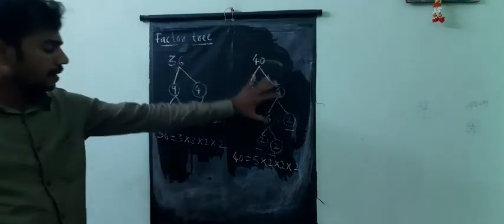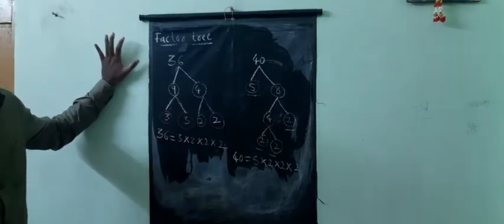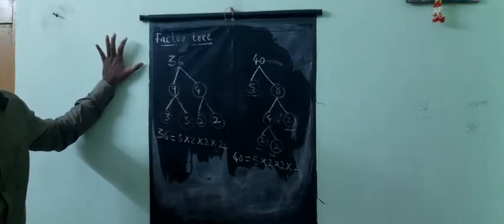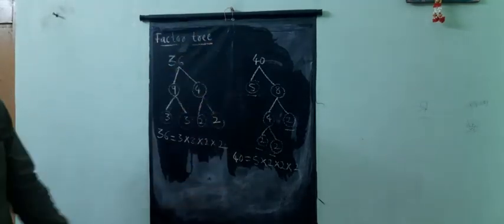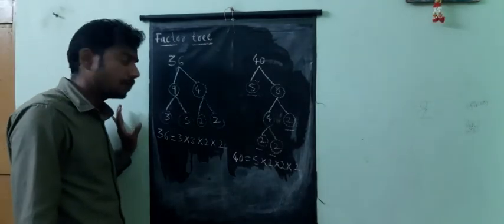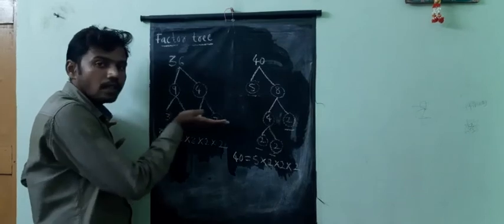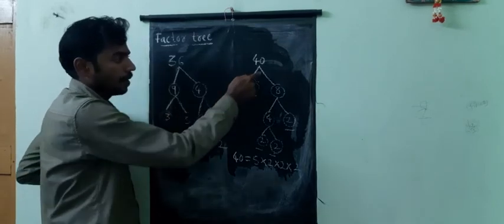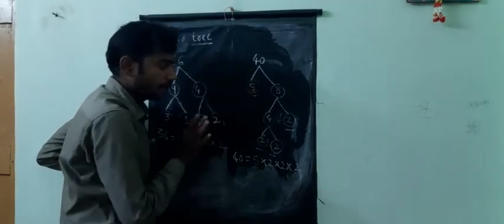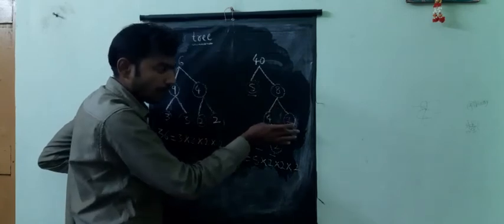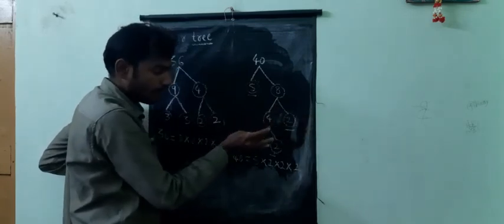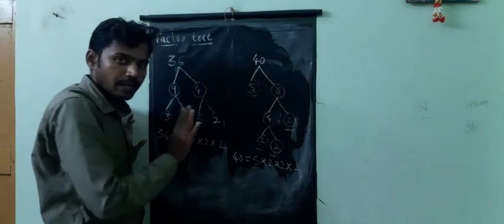So writing the factors in this fashion is nothing but a factor tree. Okay, please note this down. And where do we need to stop? At the bottom, what do we need to get? We need to get all prime numbers. See, I got the prime numbers, I stopped here. Next, here I got the prime number, I stopped here. Next, 4 can be written as 2 into 2. Again I got the prime numbers, I stopped there.